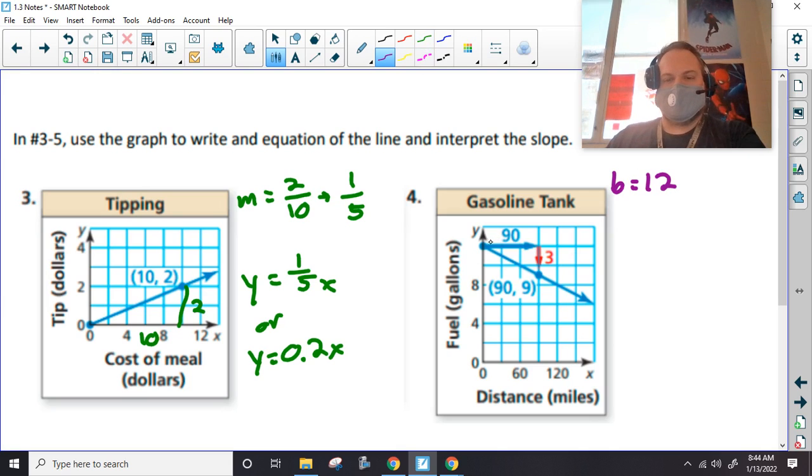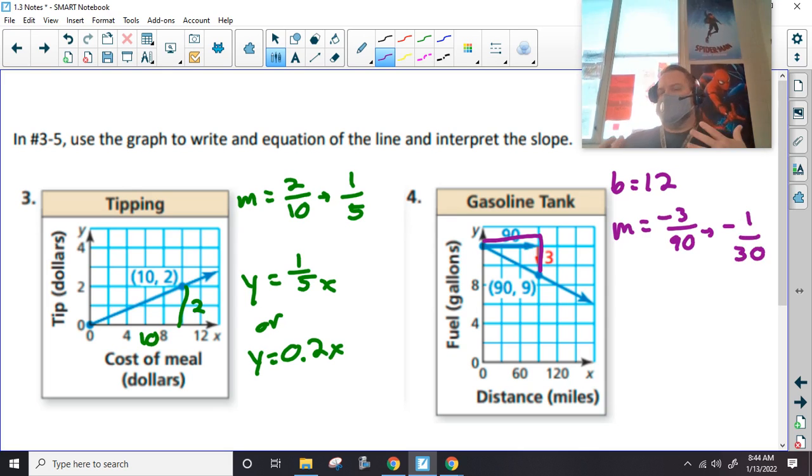And our M looks like we went over 90 and down 3. Okay, so that would be -3,